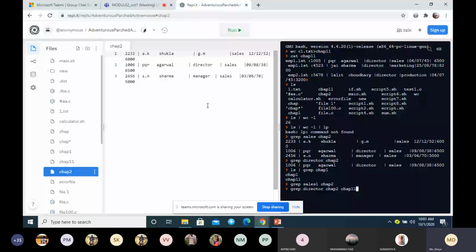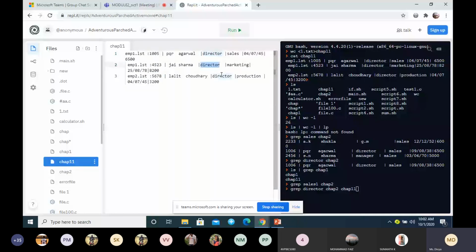In chap2 I have one line with the word director, and in the other file all three lines have the word director. How many lines will it display? 3 or 4?